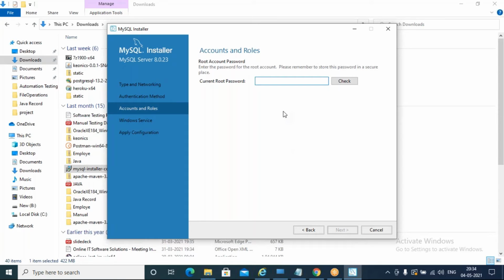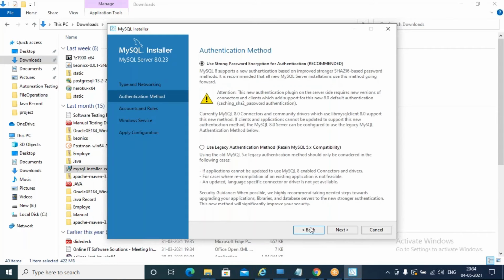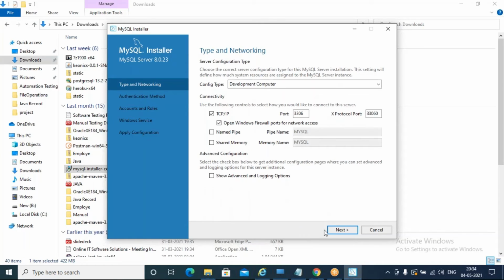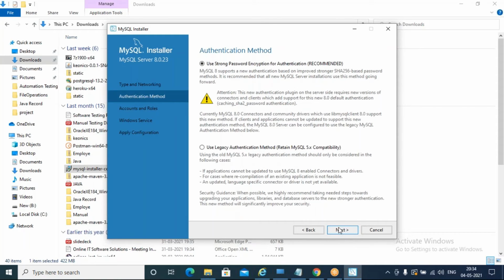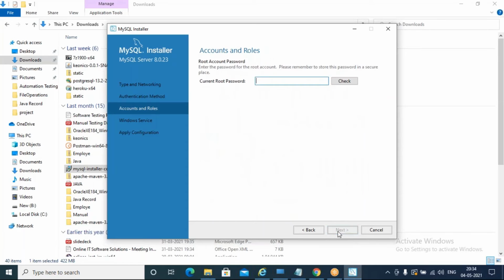I'll click on next, and again it is asking us to set up the password. I'll put my password over here. If you are installing it for the first time, it will ask you for the password and the confirmation of your password.